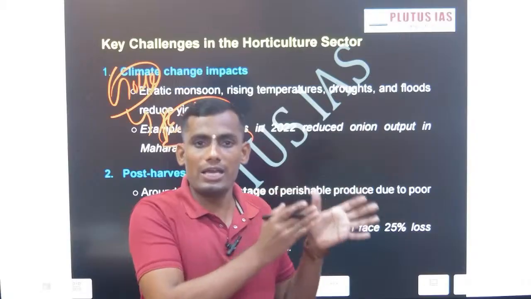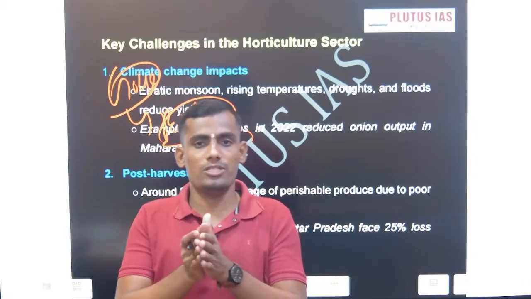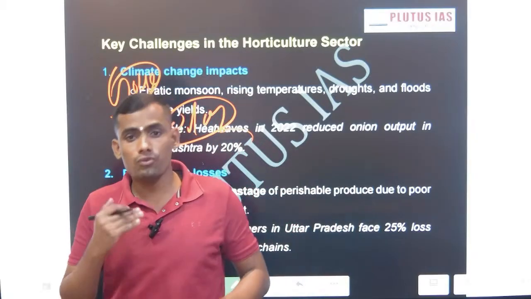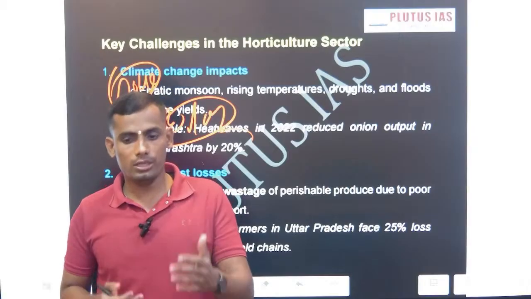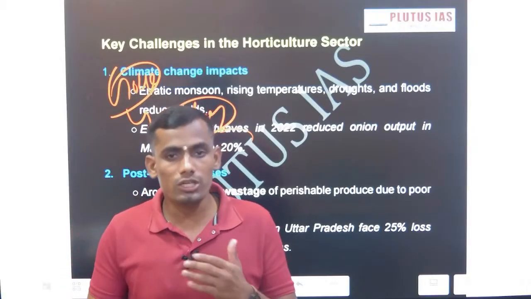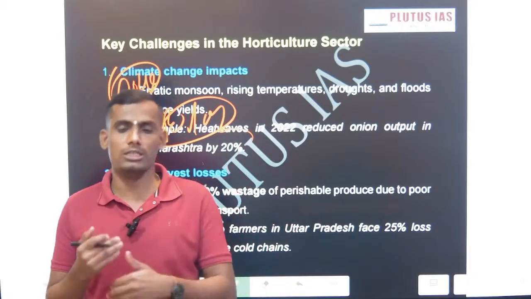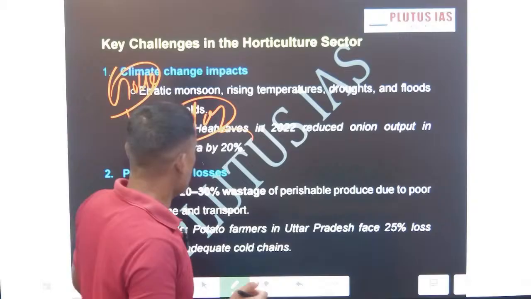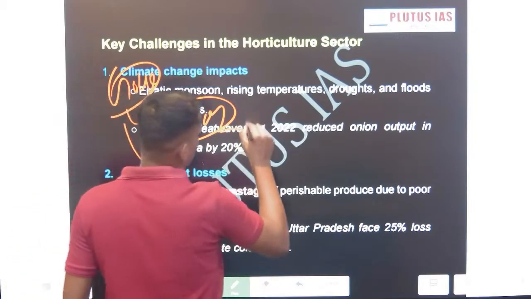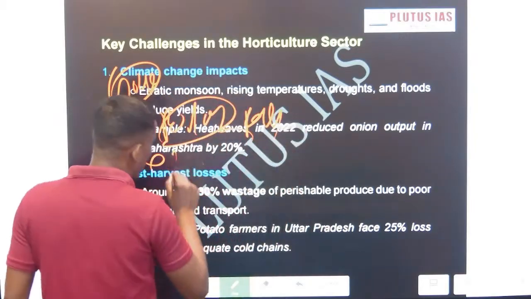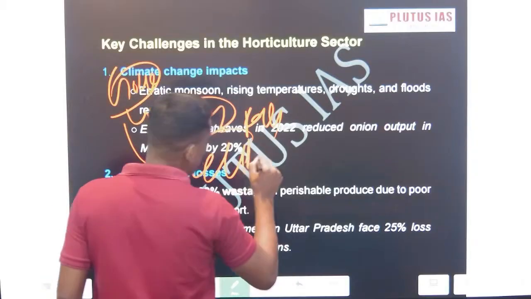Everyone is working in isolation. All three ministries are not working in tandem, and that is once again creating a burden on the individual farmer, and that is not supporting the farmer, but hampering the farmer's production or horticulture production. So this is one more point, the policy paralysis. Then multi-agency involvement.